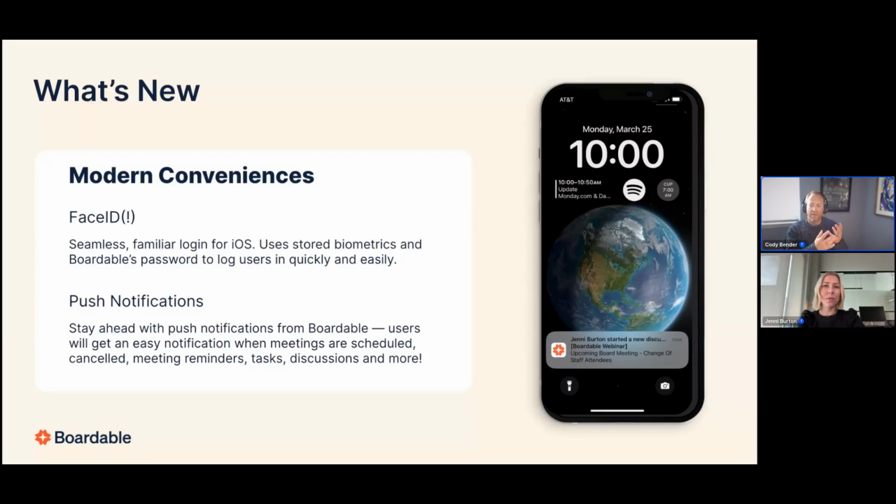So all of this stuff that we talked about in the demo, really important, right? Building tasks, building polls, building discussions, having meetings, right? Being able to know that your meeting is coming up, that something's been published. Well, previously, we didn't have deep push notifications to let you know, hey, you've got a task. Hey, the meeting starts tomorrow. These are helpful things. And now we've added push notifications so that all of these different variations of items can actually come up as a push notification,